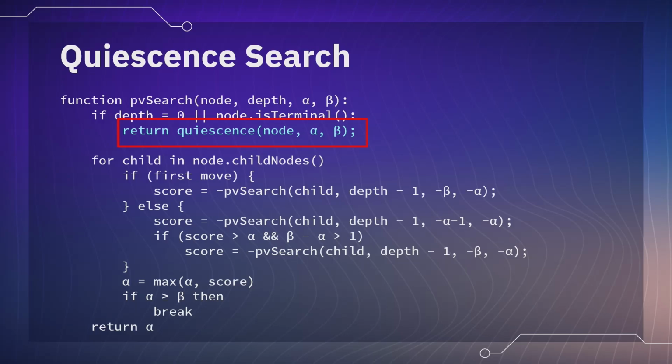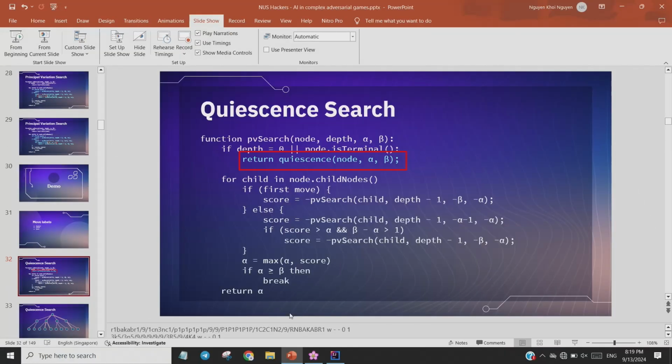But when you do something like Xiangqi or normal chess, you don't just evaluate the heuristic, you also do something called quiescent search. So what exactly is quiescent search? Let me demonstrate what the problem is if we just stop the search but don't continue. Let's say this is the